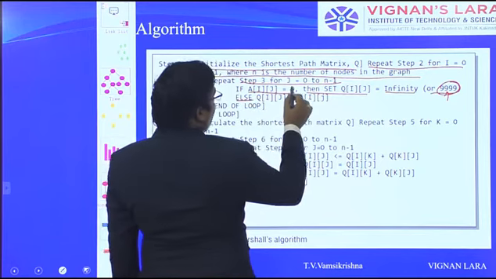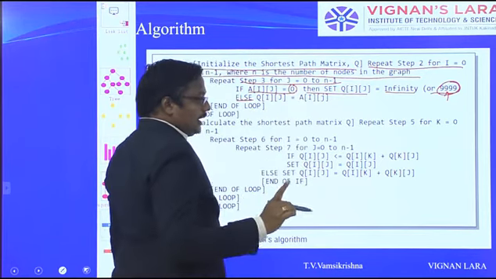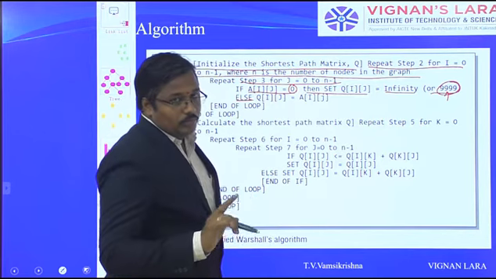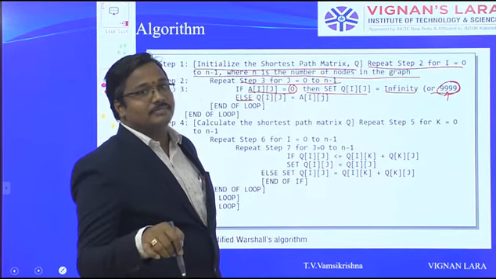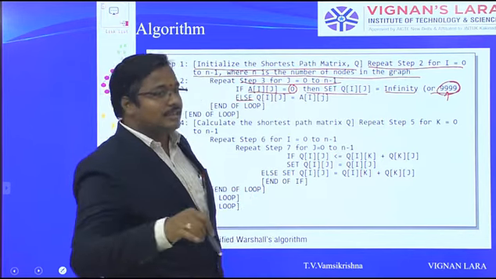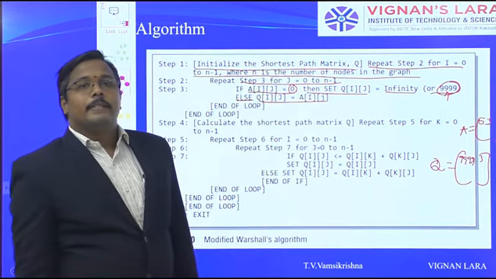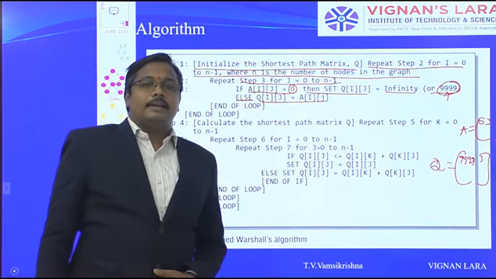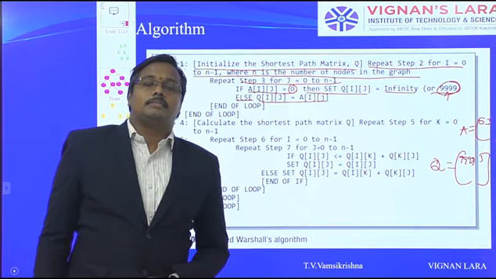Else, if A of ij is not 0, it is a non-zero value. It is a weight, or you can call it a distance. So that is assigned as it is. Here we are preparing the Q matrix from the A matrix. Where the A matrix value is 0, we replace it with 9999. If the A value represents some 3, we copy it as it is. So with the help of the adjacency matrix, we are preparing the shortest path matrix.